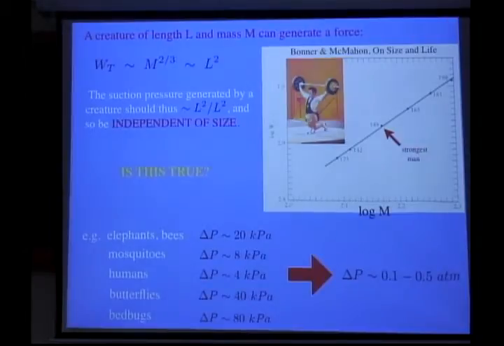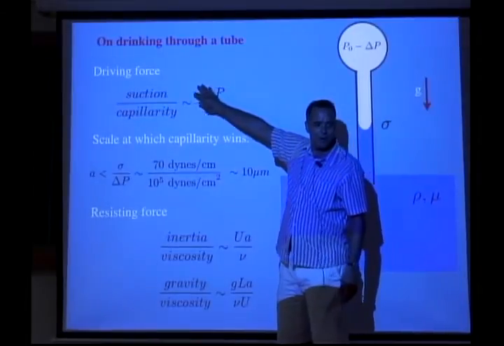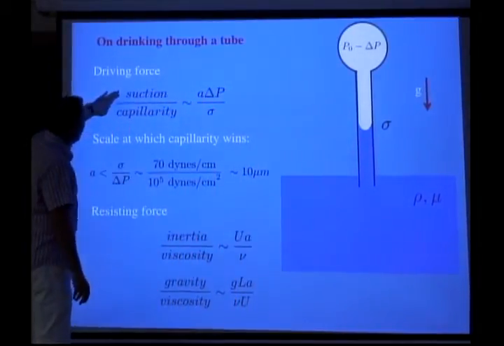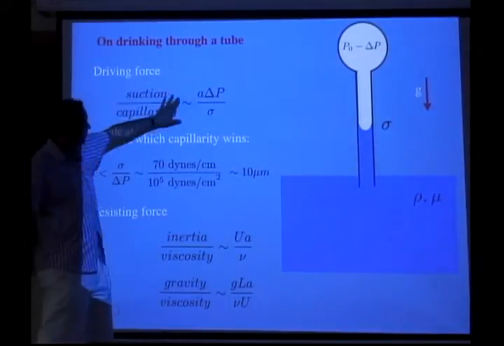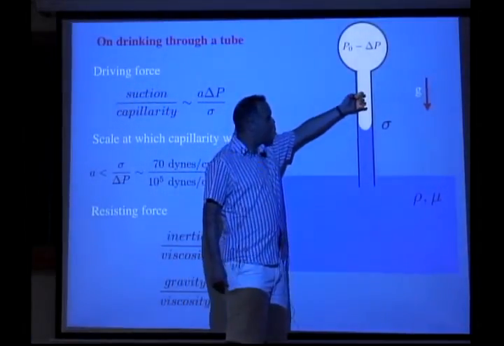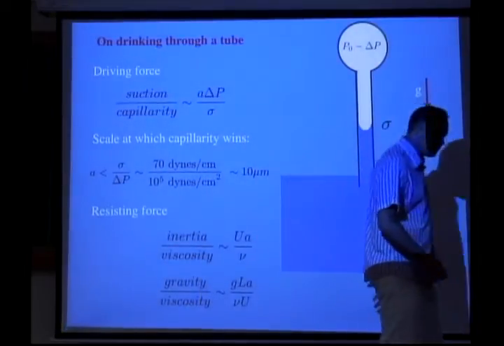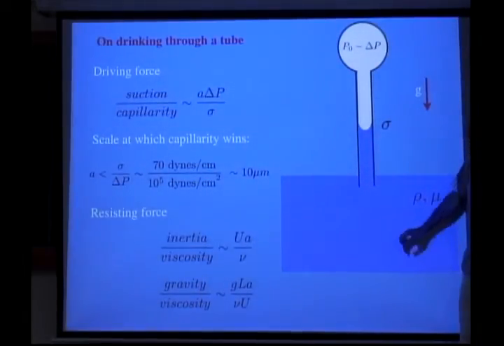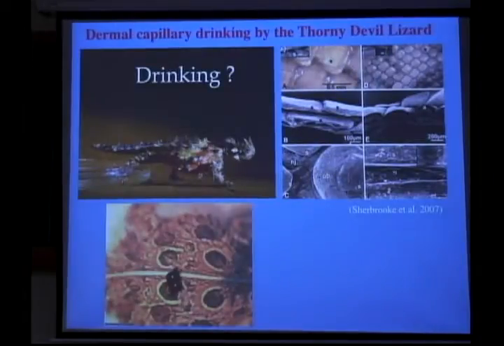So we can then use that one number and compare it to capillary suction. Right? So this delta P we've decided is the same for all creatures. And so if we compare the applied suction to capillary suction, then it's going to look like this. Right? And so there's going to be a tube size at which capillary suction becomes more efficient. Okay? So then we can look to see which is the source of resistance, whether it's gravity, inertia, or viscosity. Okay, so this is a